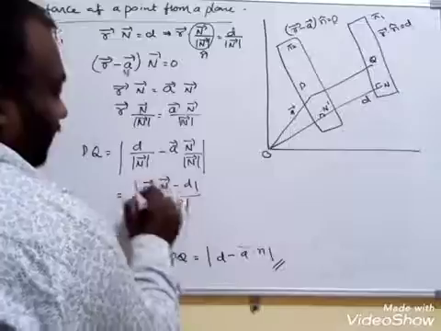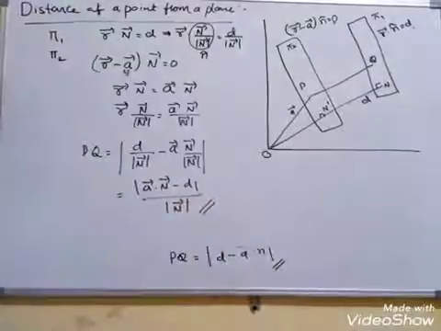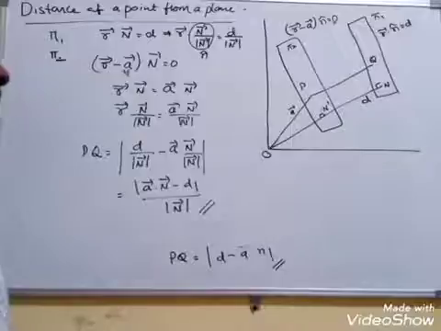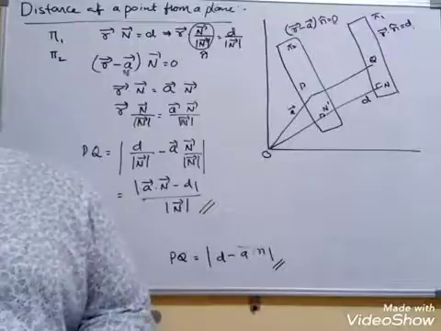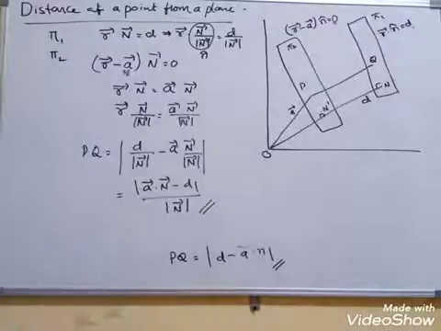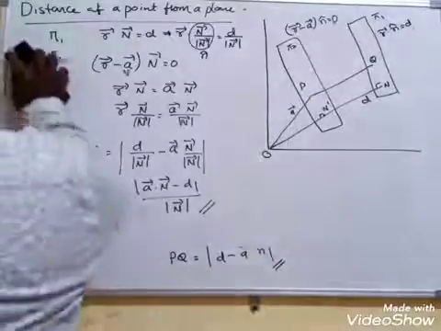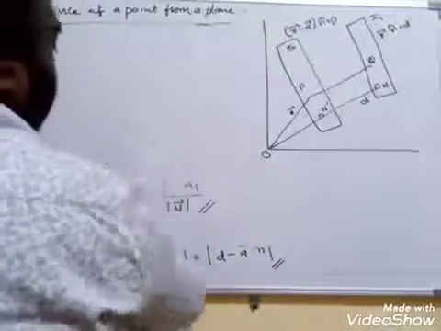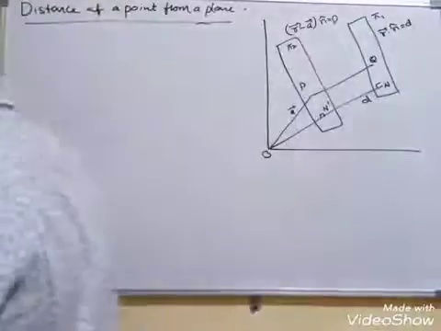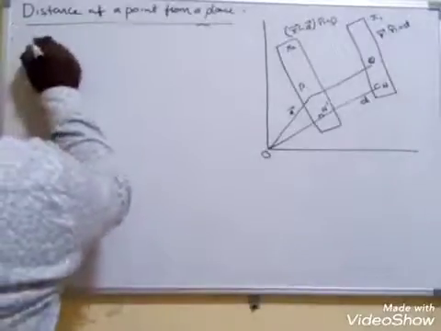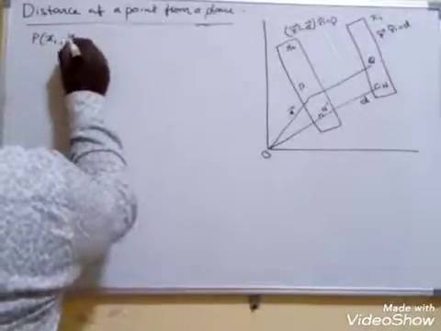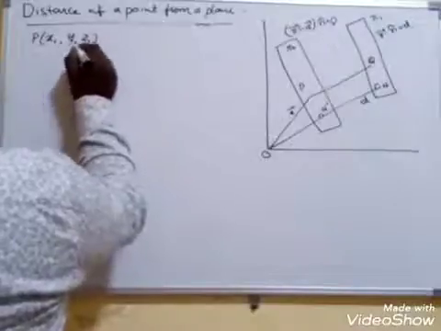This we can also write if they are given the equation of the plane in normal form instead of unit normal form. Further, we can move into the Cartesian form. Let the equation of the plane with position vector, let P be x1, y1, z1, then what we are going to observe there?